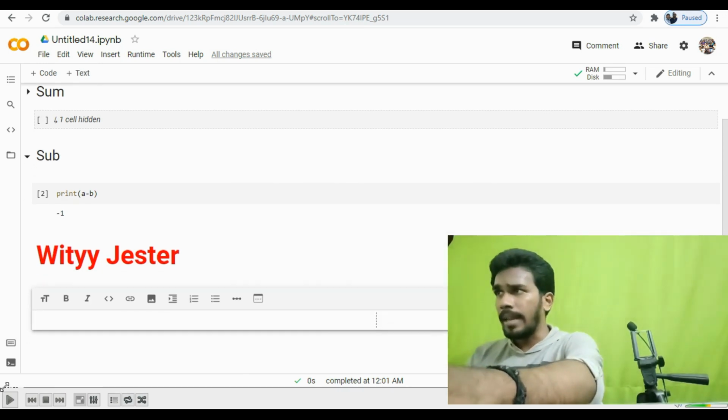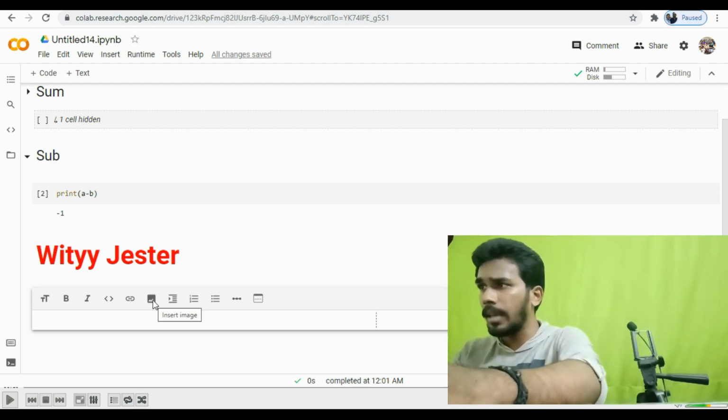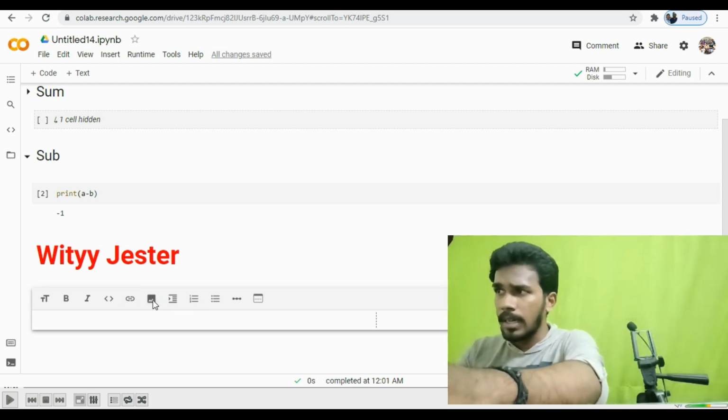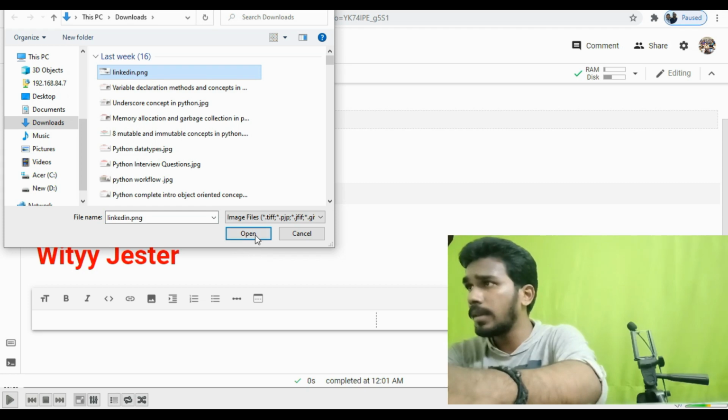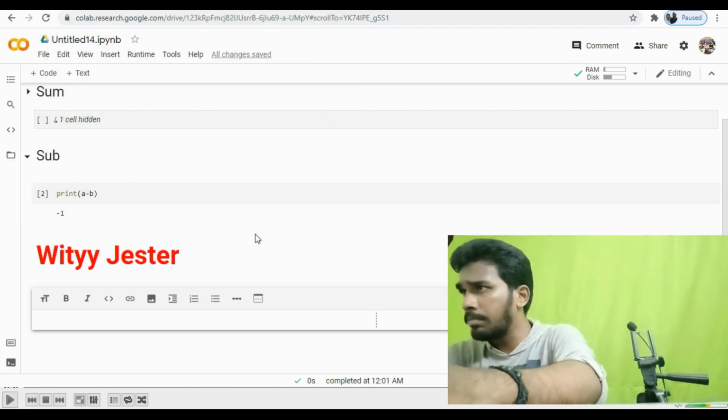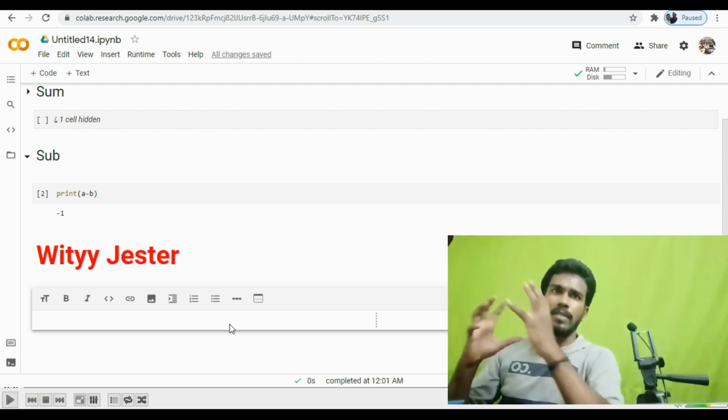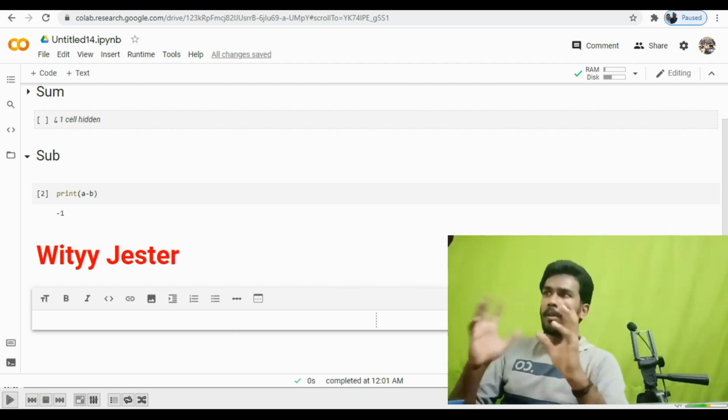Now again I'm adding a text. For example, you ask me how to add an image. To add an image, you have something called a photo kind of symbol here. If you click on this particular thing, you can go to your gallery. Let me bring my LinkedIn pic here. Once it comes, it has some sequence of alphanumeric characters.